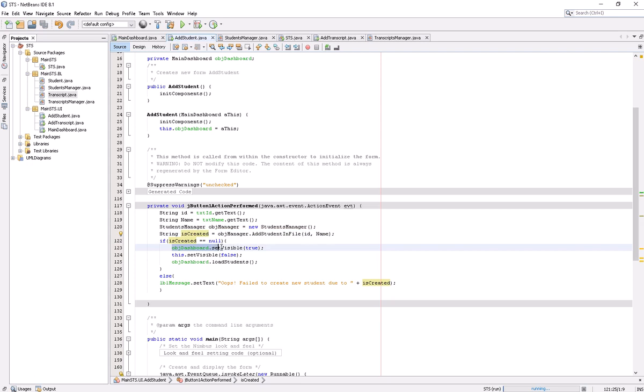So I am enabling the main dashboard, hiding this add student form, and on the main dashboard calling the load students method to refresh the data inside my tables. If some error has occurred, I get the error message and show it in the label.